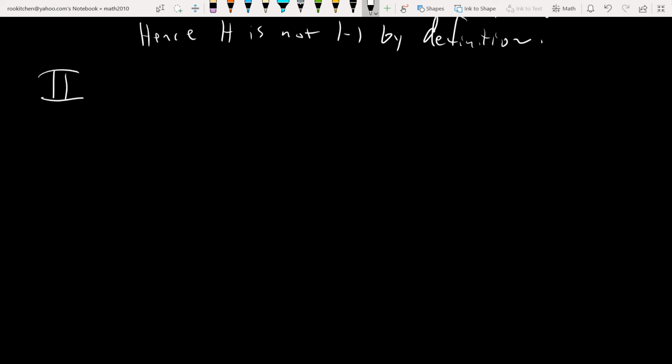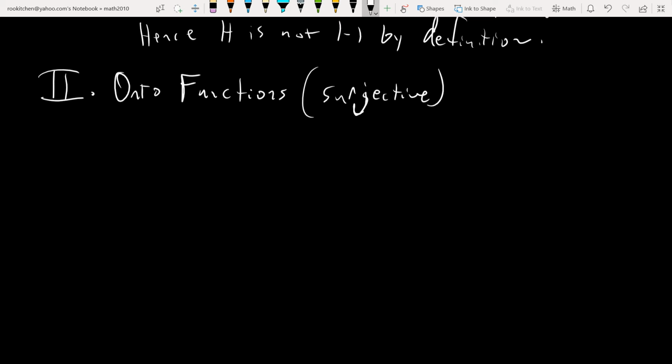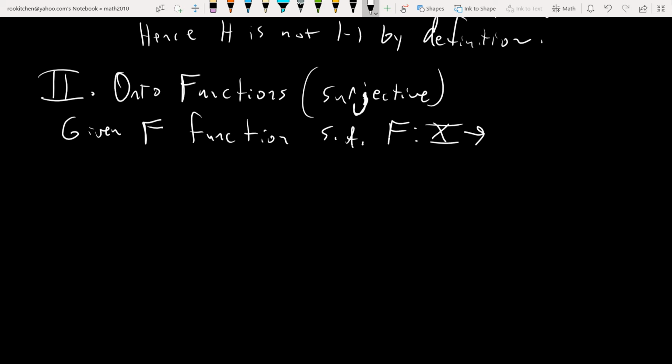The second topic then is onto functions. Another phrase you may hear in the literature is surjective. So 1-to-1 is injective, onto is surjective. If it's both, it's called bijective. So anyways, given a function big F such that big F goes from set X to some set Y,